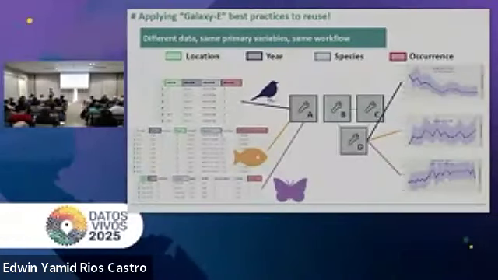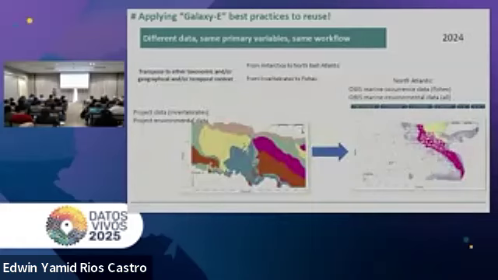And behind this idea, there is also the idea of taking primary variables from datasets which can be heterogeneous, so we can execute the same kind of workflows to produce the same kind of indicators. Quite briefly, the idea is to have workflows we can easily reuse in 2 or 3 clicks. And to illustrate this, we have the example of the eco-regionalization workflow for Antarctica, where we take a workflow originally creating eco-regions from project data, in terms of biodiversity and environmental data also coming from the project.